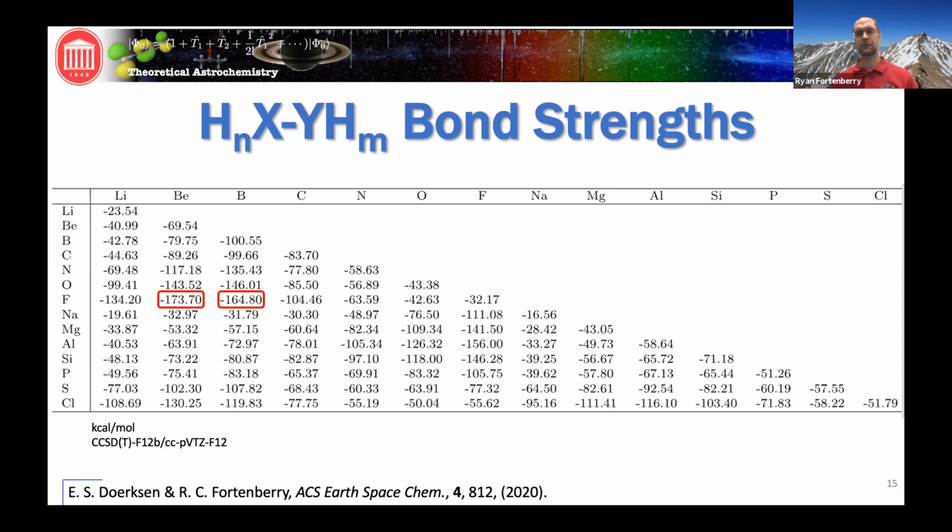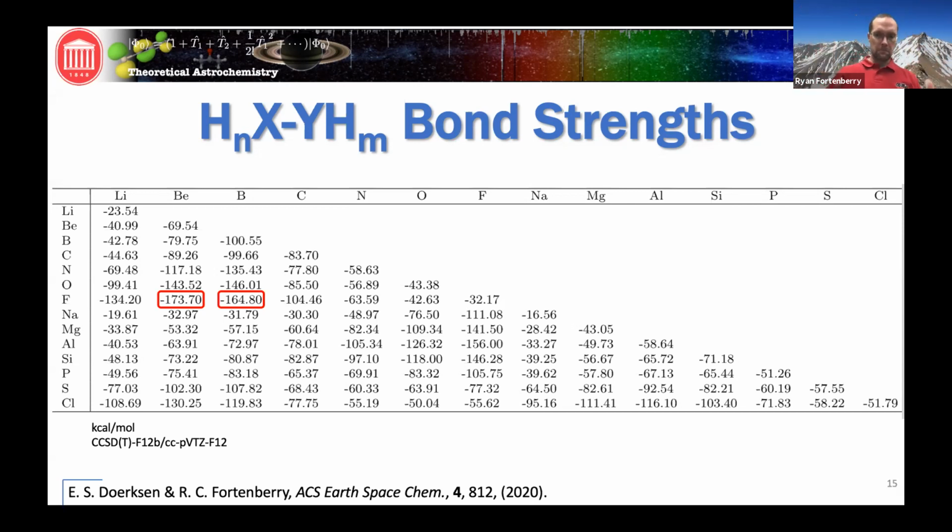And there are nuclear stability reasons as to why they're not all that common. But this means that from our chemical perspective, if we want to look at molecules that are probably going to form in the gas phase, we can throw these out because there's just not enough material there. Yes, we found molecules that contain fluorine, but on the whole, we can, as a first order approximation, say that there won't be many molecules containing beryllium, boron, or fluorine. Okay, so we've gotten those out of the way.